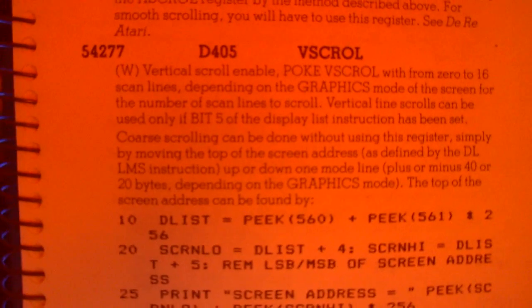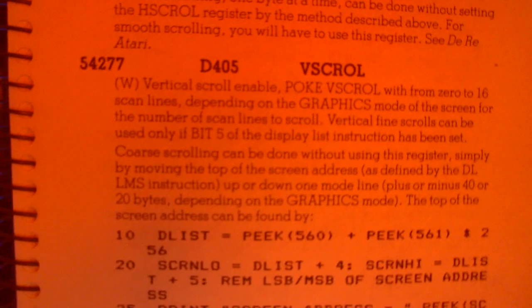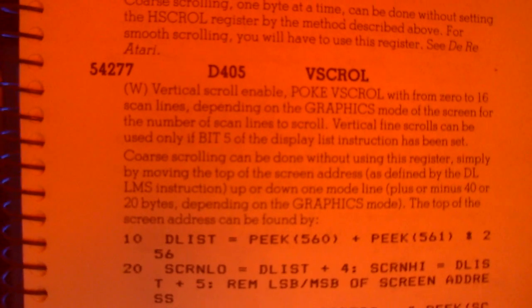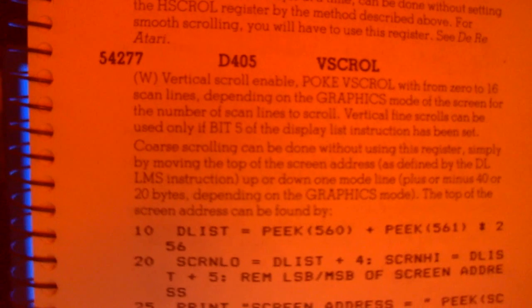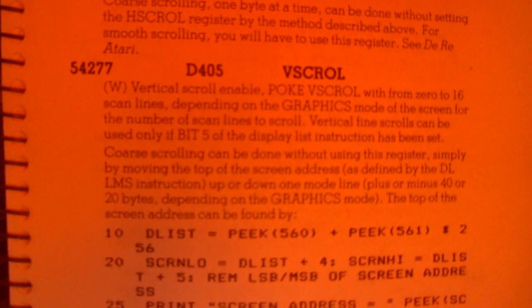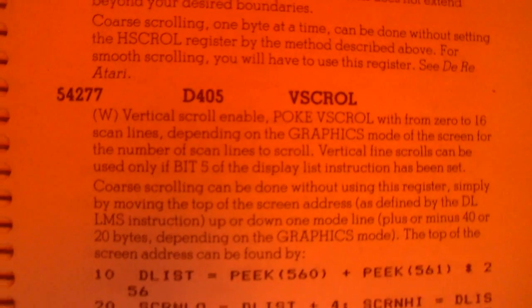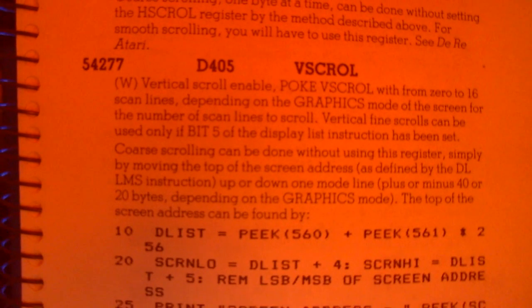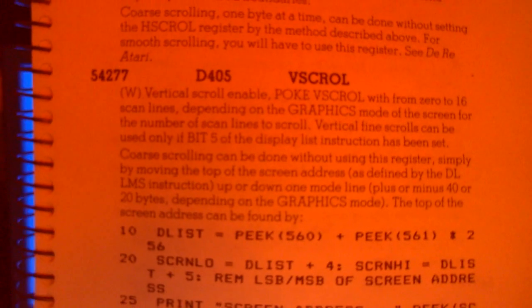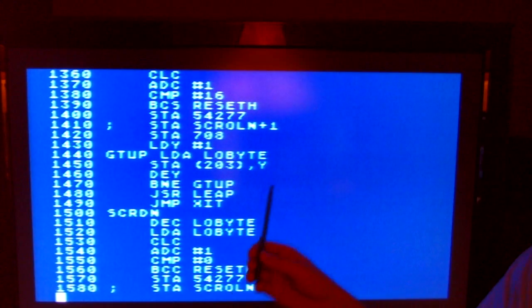It says coarse scrolling can be done without using this register simply by moving the top of the screen address as defined by this DL, which is display list, LMS, which is load memory scan instruction, up or down one mode line, plus or minus 40 or 20 bytes, depending on the graphics mode. The top of the screen address can be found by, and so on, so important. So basically, what that's doing is